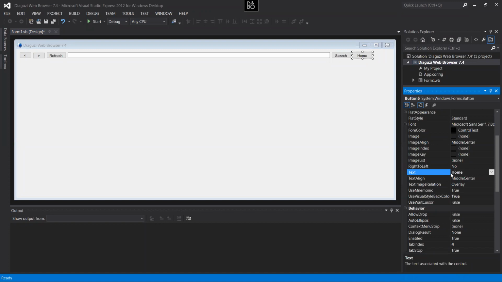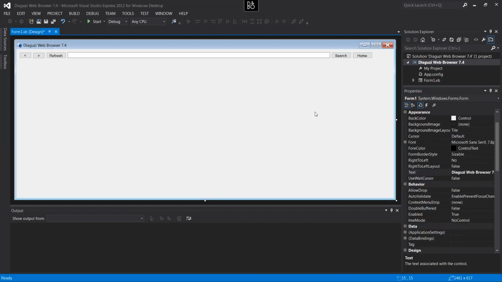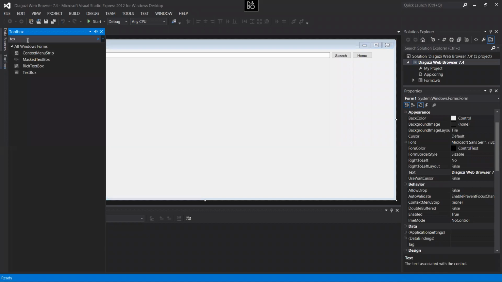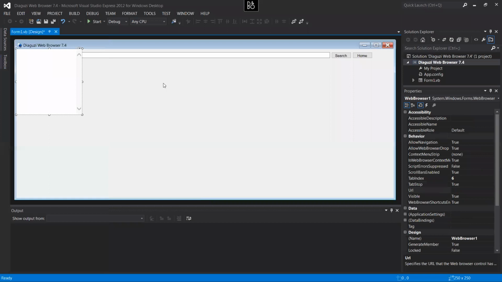Press the enter key. Now the next thing we want to do is a web page. And to get the web page, you are going to pick a tool called web browser. So you type in web, immediately it shows up, and then you can pick it. You double click, you pick it. Then you can drag over,